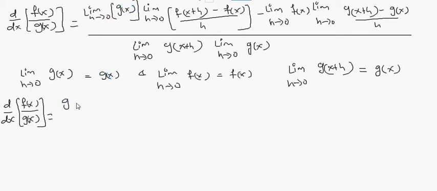That gives you g of x, and all this limit as h approaches 0 f of x plus h minus f of x divided by h can be written as derivative of the function f of x minus, and limit as h approaches 0 f of x is f of x, and replacing limit as h approaches 0 g of x plus h minus g of x divided by h with the derivative notation,